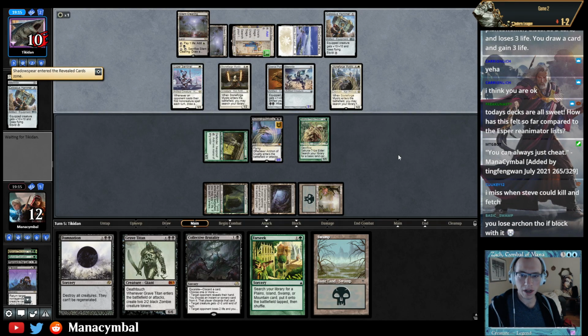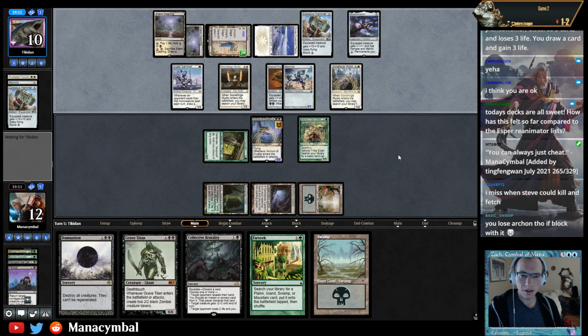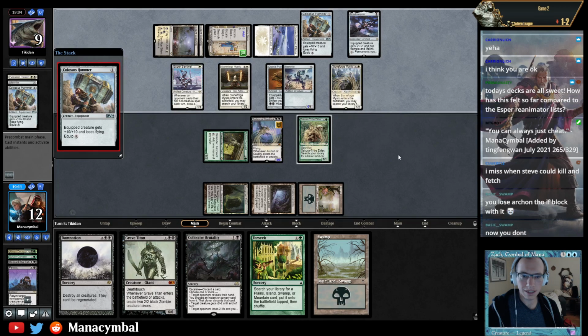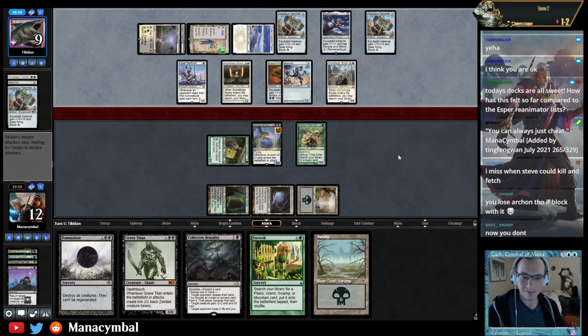You lose Archon if you block with it? I mean, if they want to move the plating onto the... But now they can't equip anything. This is fine. They're not doing anything. They're just literally not doing anything this turn. That doesn't do anything either. Yeah, they attack with Memnite, I block with Sakura-Tribe Elder and sack it. They're just not even attacking, unless they really...